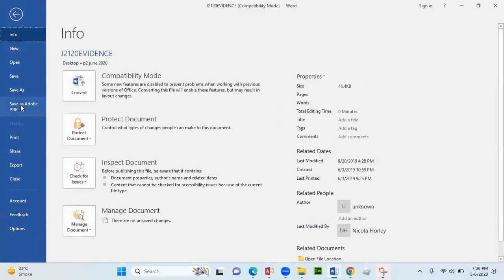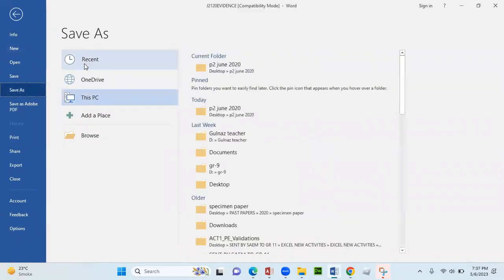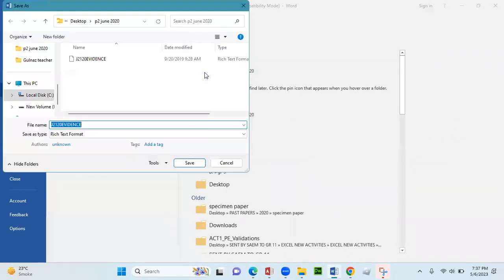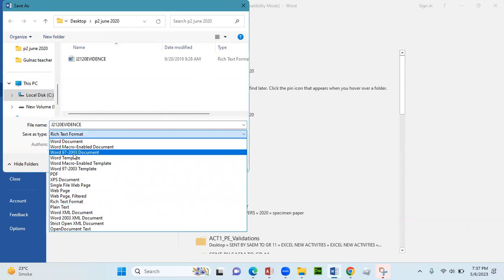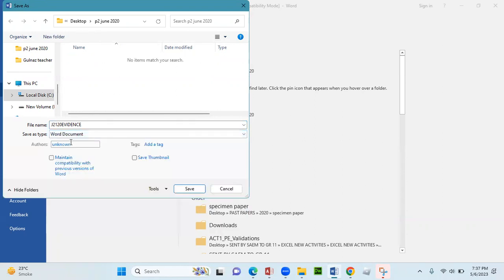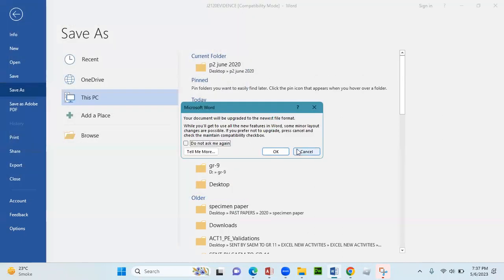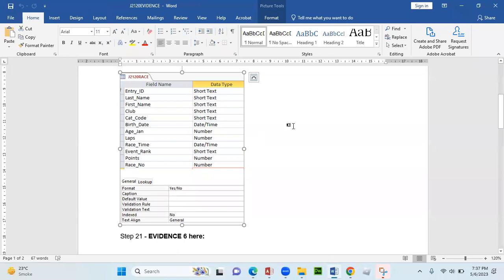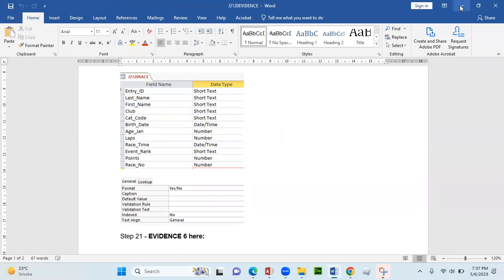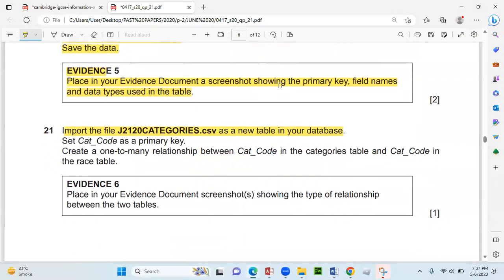Then you save this file as a Word document. Save as, location should be the same. And over here, instead of rich text format, you click on Word document. Now you click on save. So this is now saved as a Word document. Next,